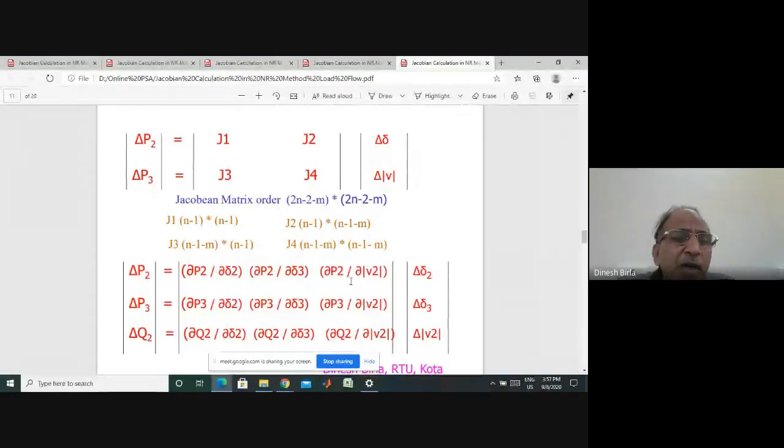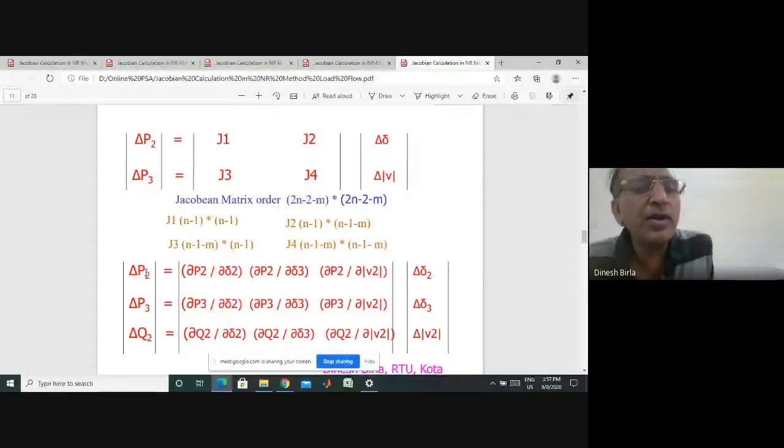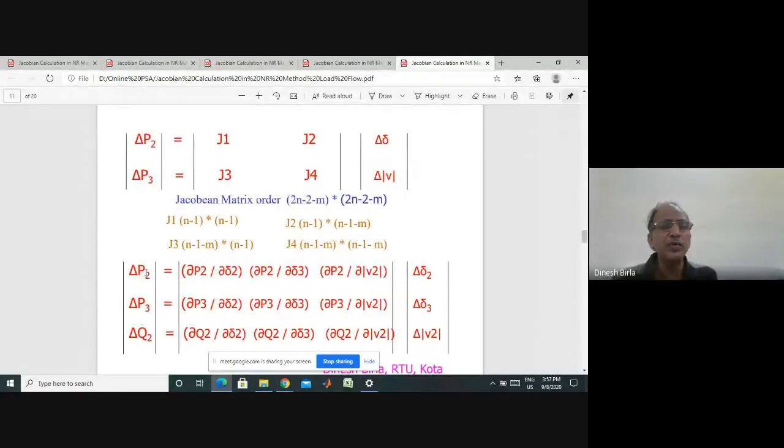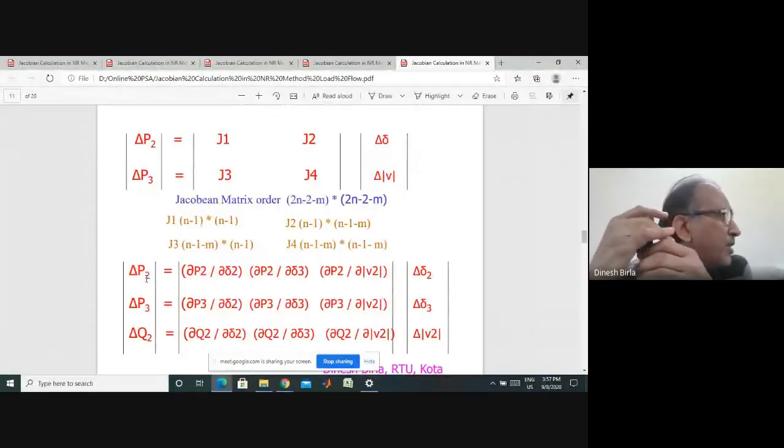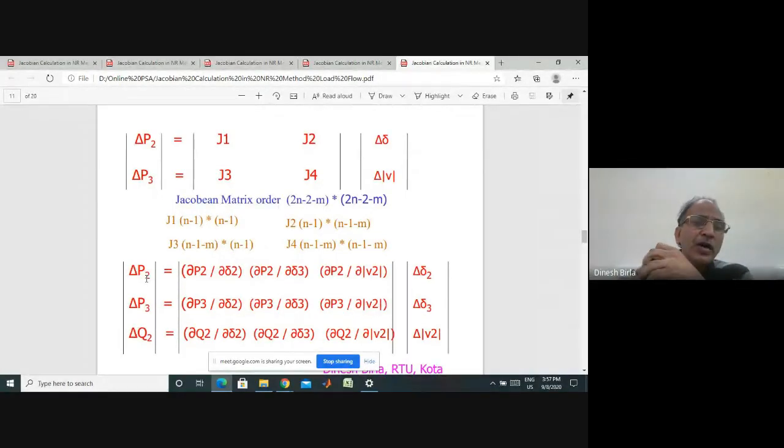It's pretty simple. On the left hand side we have got the active power and reactive power only, corresponding to the buses, PQ bus and PV bus. In this 3 bus example, bus number 1 is the slack bus. Bus number 2 is PQ, and bus number 3 is PV. So for bus number 2 we have P and Q known, because it is a PQ bus, and for bus number 3 we have active power P3 known. Q is not defined because it is a PV bus. At that bus P and V are defined.